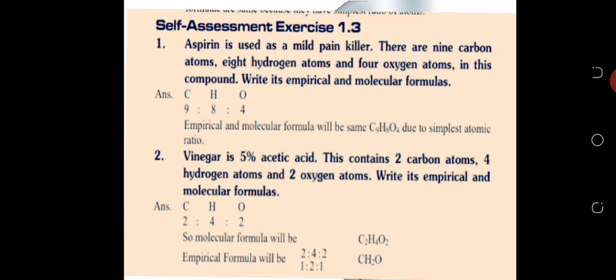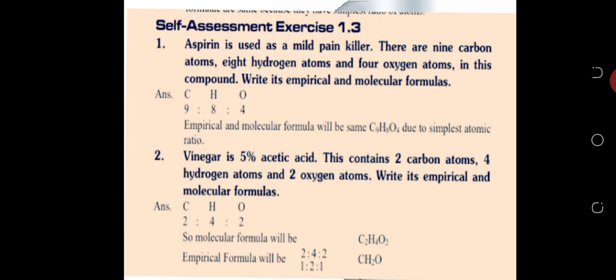In question number 2, you have been given 5% vinegar. In vinegar, there is 5% of acetic acid. This contains 2 carbons, 4 hydrogen atoms and 2 oxygen atoms. As we did in the first question, we have to find the empirical formula and molecular formula. So, how many carbons have been given? 2. Hydrogen are 4 and oxygen is 2. Again, your molecular formula will be